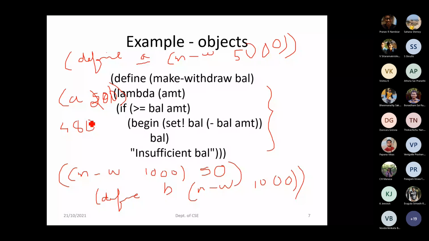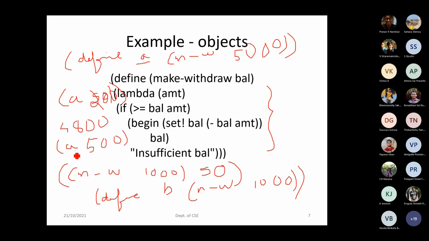After 2 days, you go and once again withdraw 500. What happens? You are accessing with respect to your ID or your name.